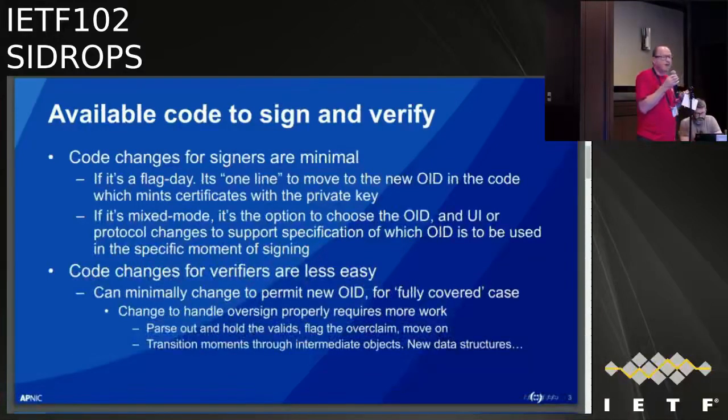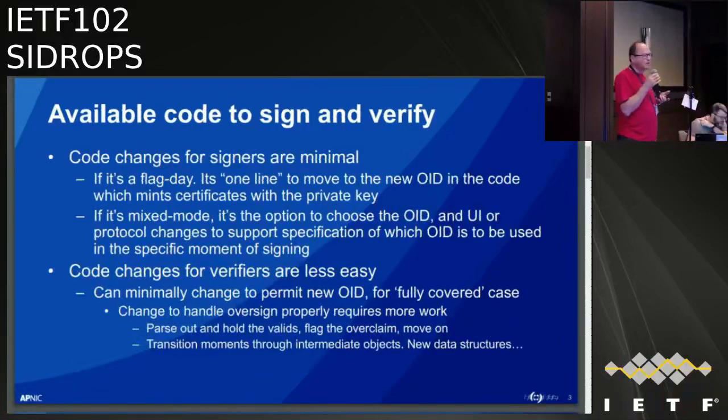You just have to say, I want to use an OID, and you put it in a certificate. If you choose to go with mixed mode, they're slightly bigger, because you now have to think about user interface and systems and flags to say type A or type B. But these are reasonably contained. But for validators, for verifiers, there is this other burden. Previously you were carrying with you the data structure down from the root or up from the bottom of what assets you care about. And at any point, if you find they don't exactly match or are fully covered by their parent, you're out of the game and things have terminated.